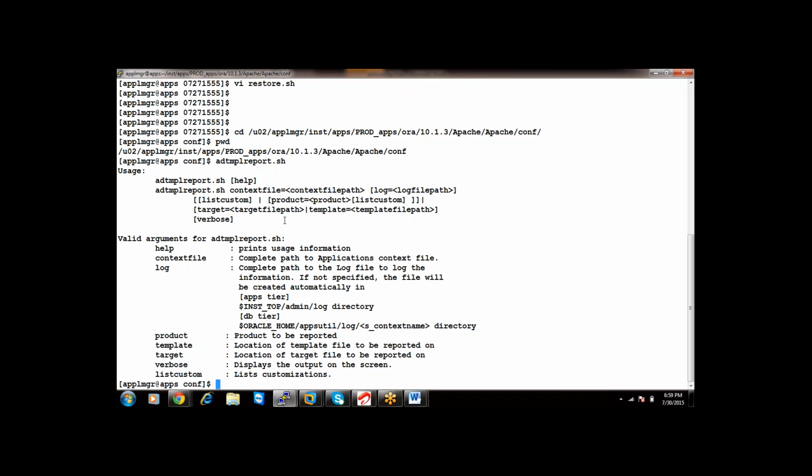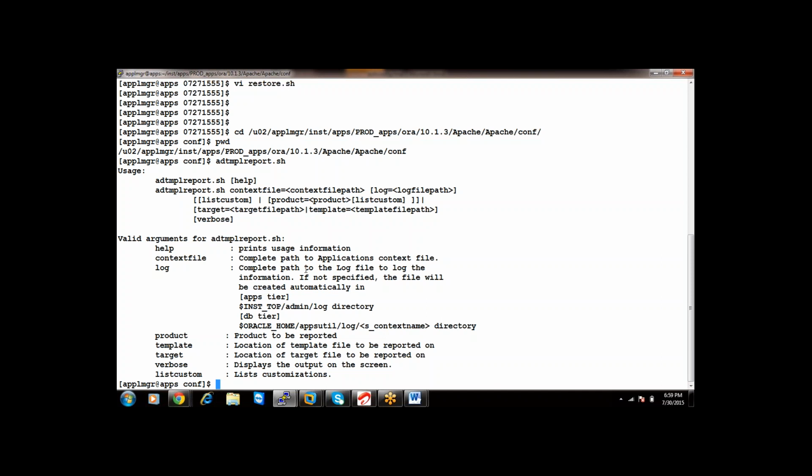So in this example, I have a file called httpd.conf. What is httpd.conf? It is a configuration file. So the configuration file is nothing but the target. For the target, I'll find the template file.